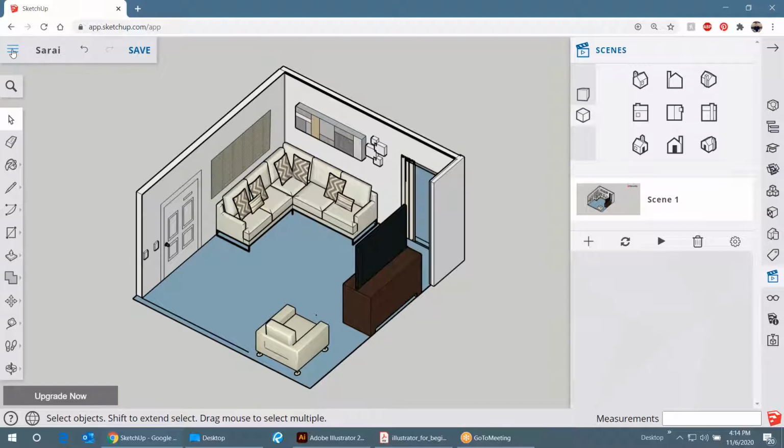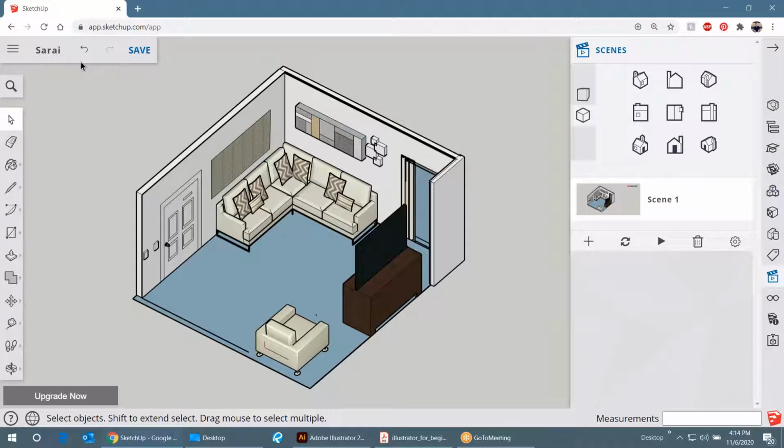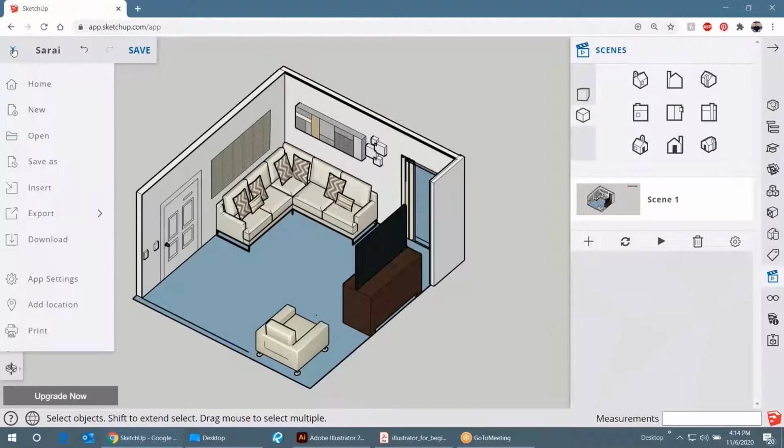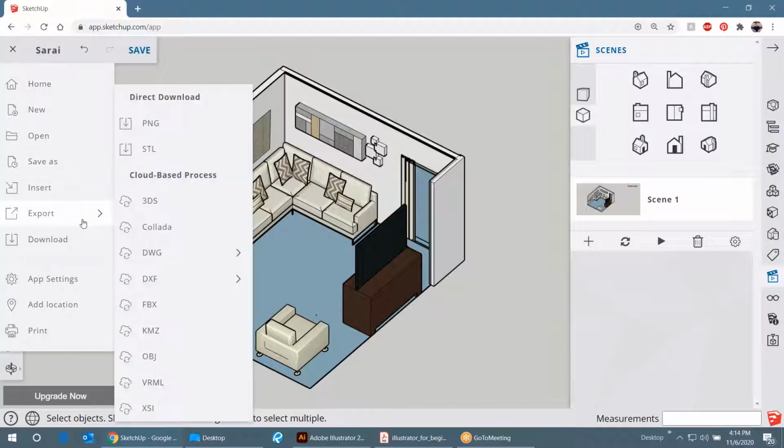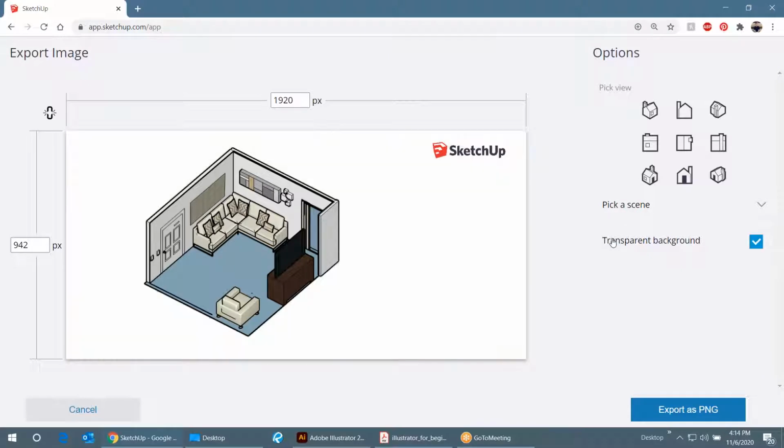Now I'm just going to export an image. I'm going to go up here to the top left to these little three bars, which is kind of like your home menu, and export a PNG. It's going to ask me what I want to export, and this is fine. But I'm going to tell it that I want a transparent background. I don't want that gray background, I just want white or transparent. So now I'm going to export as a PNG